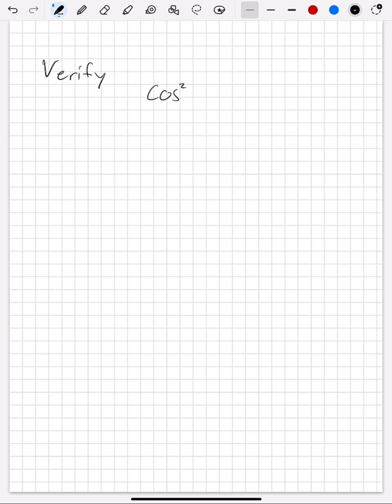that cosine squared of beta minus sine squared beta is equal to 1 minus 2 sine squared beta. Okay. And in looking at this, the only identity I had that used cosine squared and sine squared was the Pythagorean identity, which says that cosine squared beta plus sine squared beta